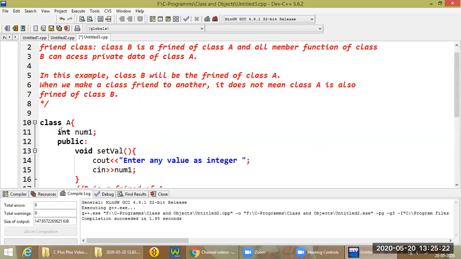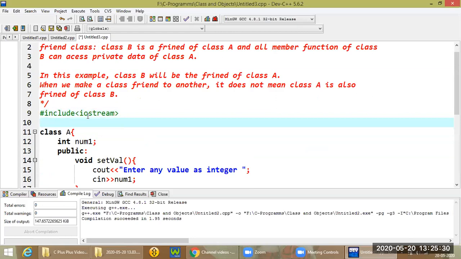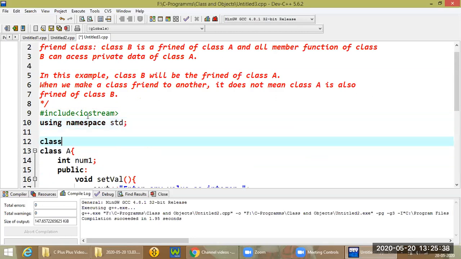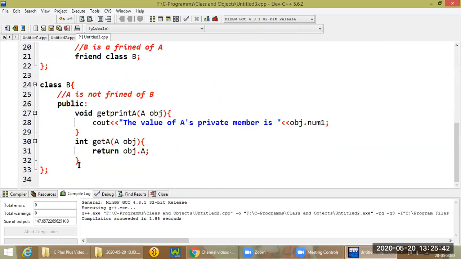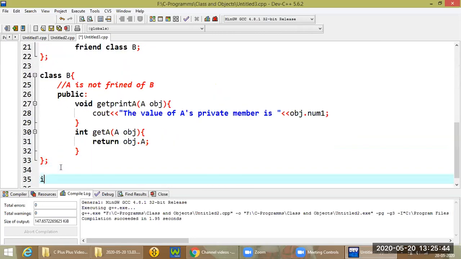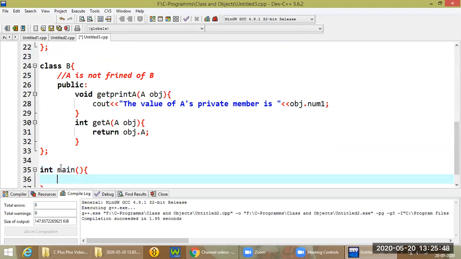A forward declaration and a header file are also required, so let me add them. The forward declaration is done, and let's compile this code from the main method. Let me add a main method here.